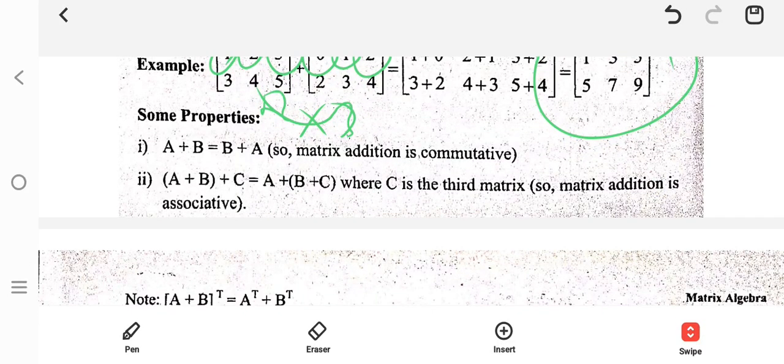And some properties. So A plus B equal to B plus A, where A and B are different matrices actually. So matrix addition follows the commutative law. Okay, and A plus B plus C, we can write it as A plus in brackets B plus C, where C is the third matrix. So matrix addition also follows the associative